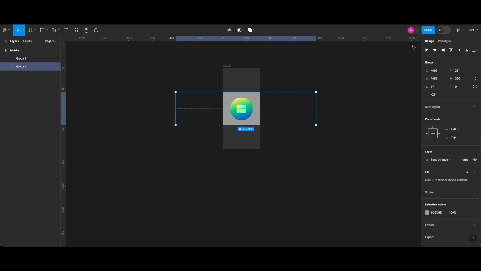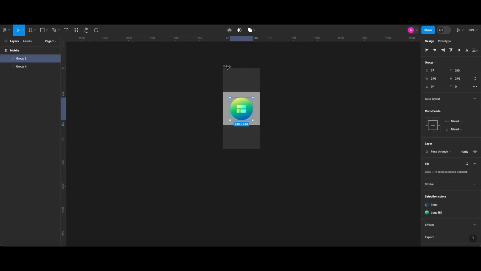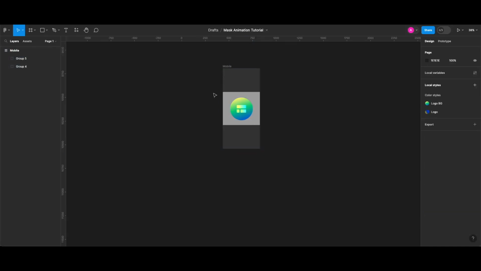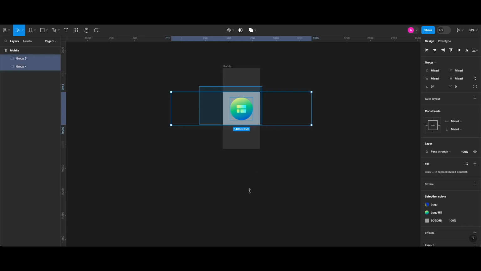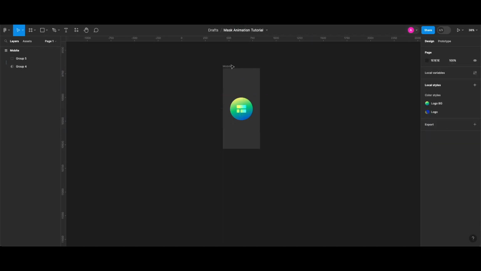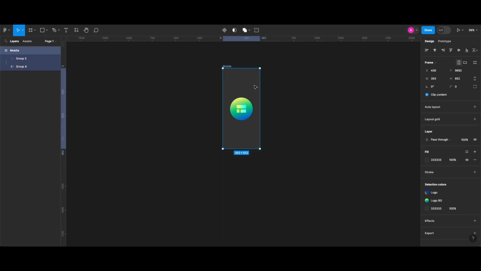So I'm gonna actually make sure that my mask is also centered. So the next thing that I need to do is I need to mask my logo, right? So in this frame, my logo is going to be 100% visible,